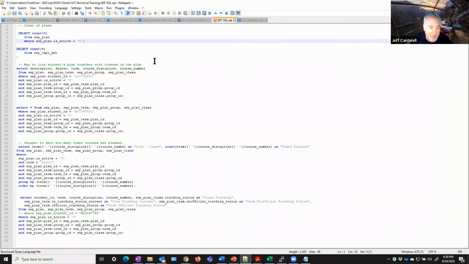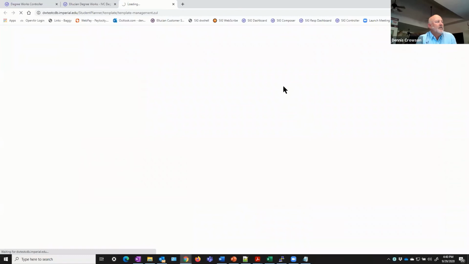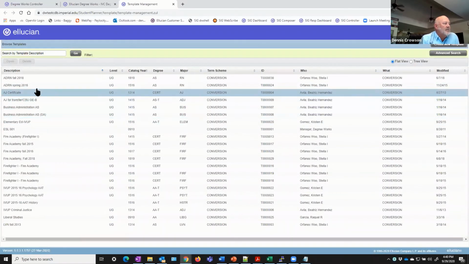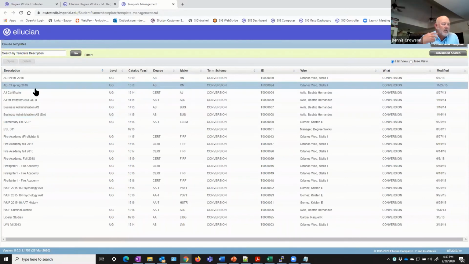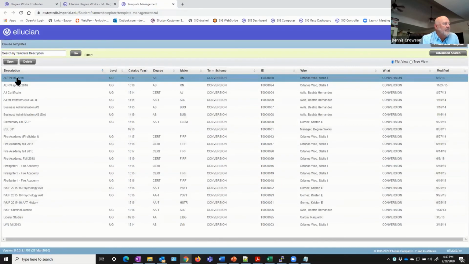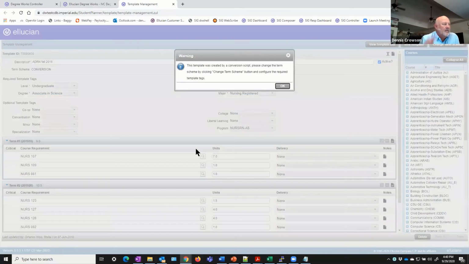So the templates would be specific to the old planner versus the new planner, right? Well, not necessarily. Let's take a look and see. What they are is just an overlay that you can put on so that they don't have to continually recreate a plan for a student. It looks like they've got some old ones out here, and I would recommend that when they start using these, they not throw them out, just update them. Let me pull it up. It's a plan, but like I said, you can use it as